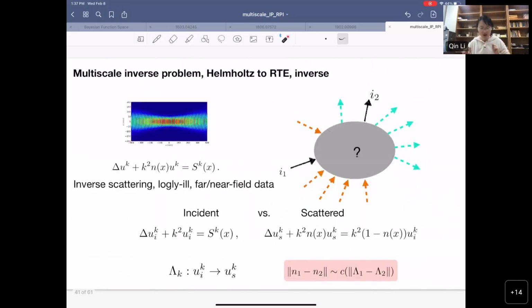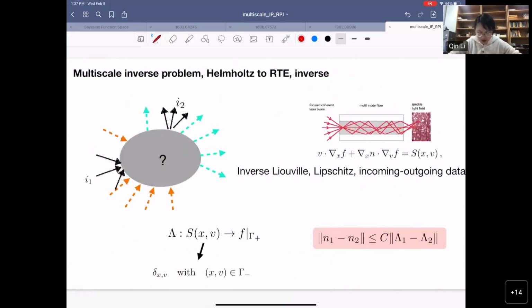Anyway, so earlier I said that the inverse Helmholtz equation is a bad problem in the following sense. You send in some wave information and you collect the scattered wave outside. So your map is from the incident wave to the scattered wave information. And the reconstruction is very, very bad. So this C function is similar to the function that we studied before. It's a logarithmic function in the sense that if you perturb your argument by a little bit, the reconstruction gets perturbed dramatically. So this is an ill-conditioned problem.